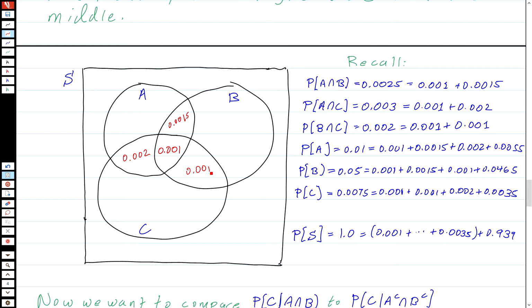Finally, probability of A we know is 0.01, and that's made up of those 3 areas plus a final area, so 0.001 plus 0.0015 plus 0.002, and the remainder has to be 0.0055. The sum of those 4 numbers is 0.01. Similarly, probability of B, everything inside that circle B must be 0.05, and that's made up of 0.001 plus 0.0015 plus 0.001, and that leaves us